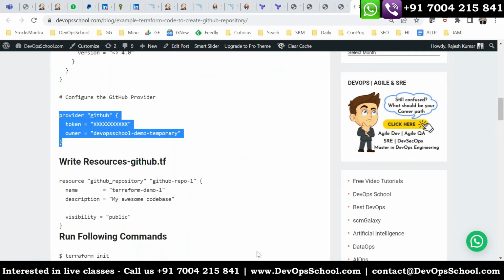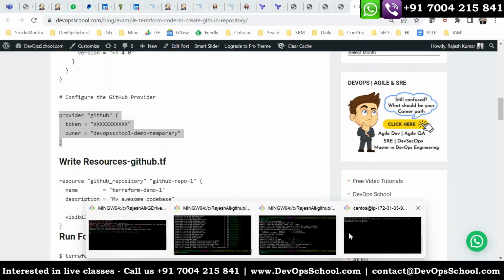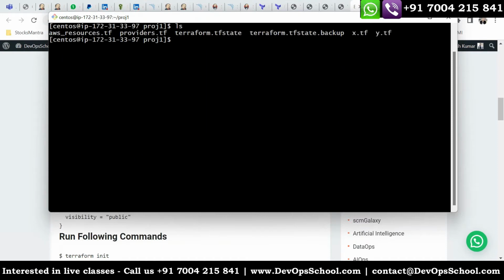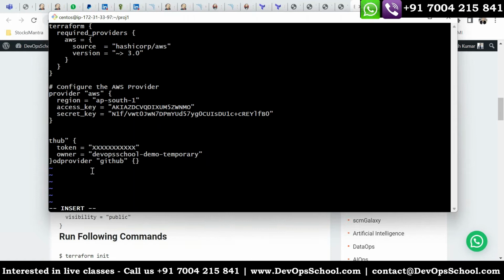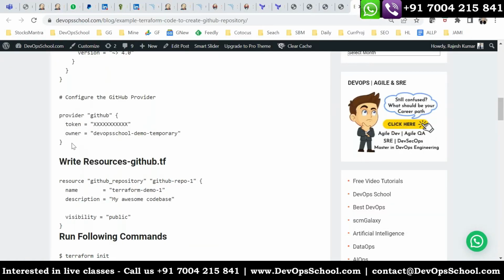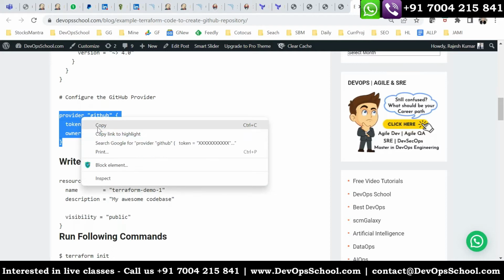This is the code for adding the provider authentication. So vi providers, delete the last line, and I'm adding this code.